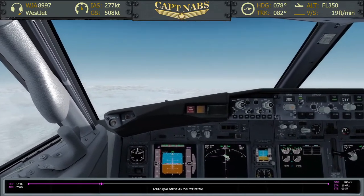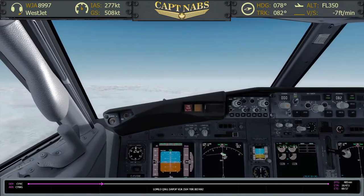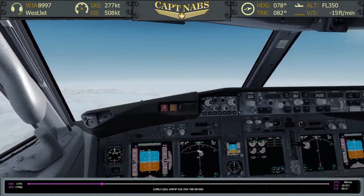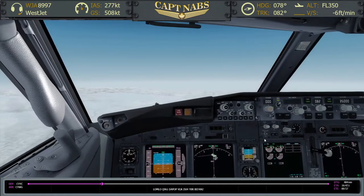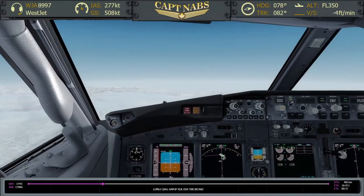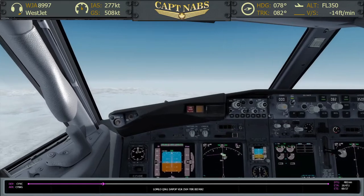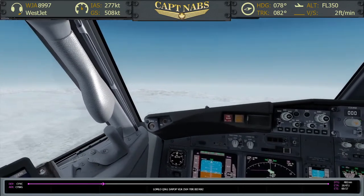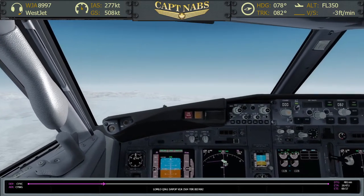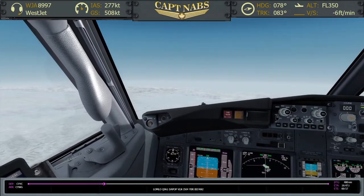Otherwise, you're stuck with the default models in P3D, and there's only a few liveries. They're not very realistic. So these AI traffic packs, packages of models and paint jobs, create a very realistic experience when you're flying online with different people flying different call signs, because the airplanes that you see at the airports online are the correct models, with the correct paint schemes. So FlyAI was a collection, with a very simple installer, of literally thousands, probably at least a couple hundred different models and thousands upon thousands of paint jobs